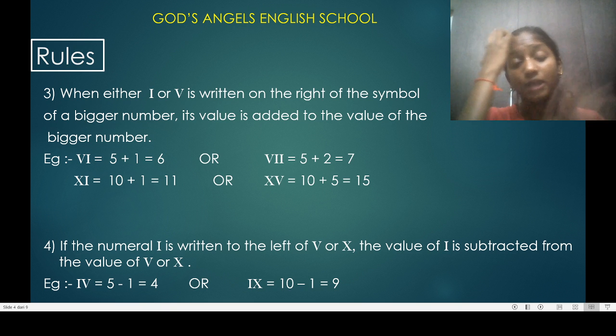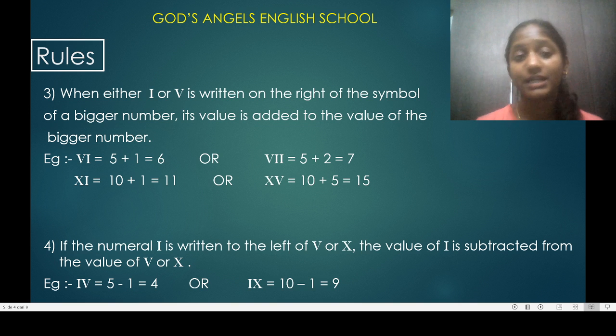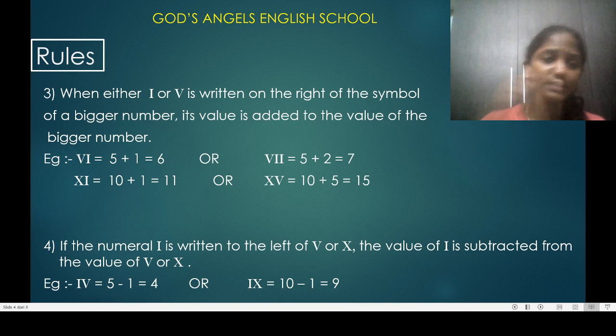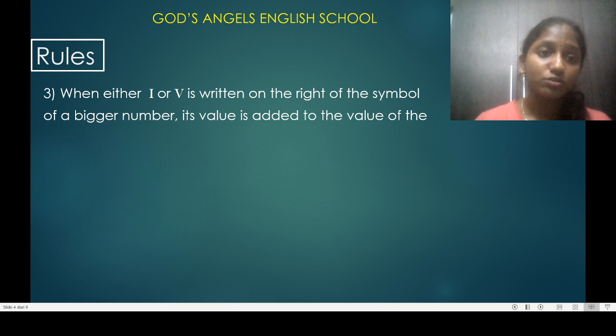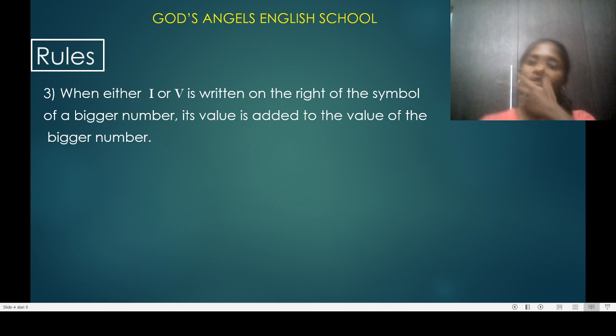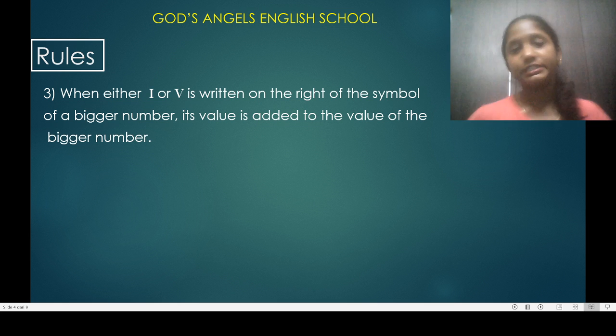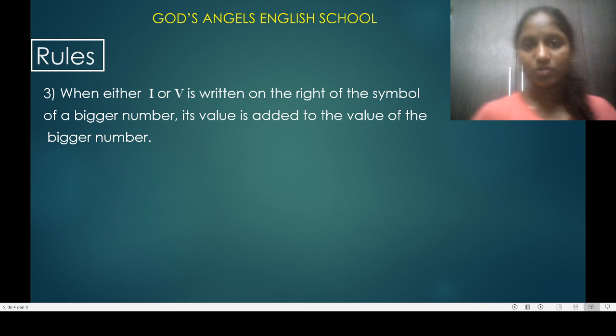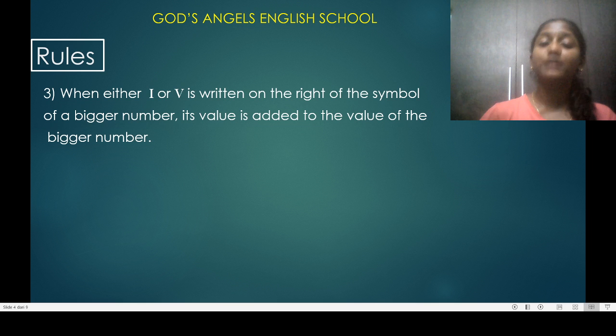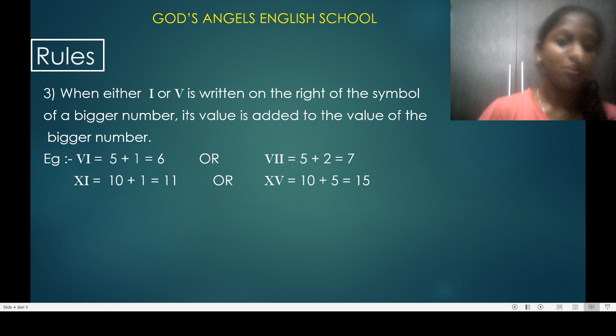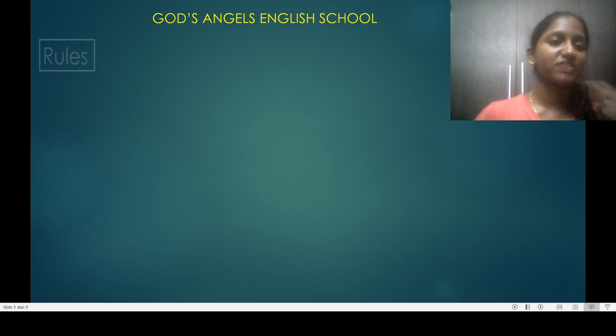Okay, so the above rule was telling us that if the first number is bigger than the second number, then it will be added. Before that, the first condition was: if a numeral is repeated 2 times, it will be added. If it is repeated 3 times, it will be added, except for Roman number 5. Okay, this much we have understood.